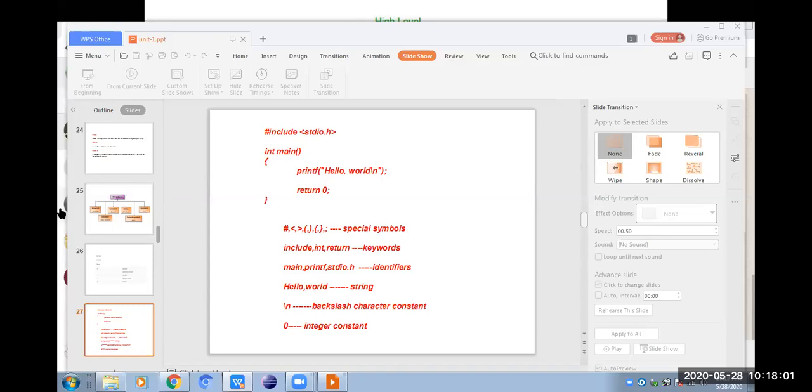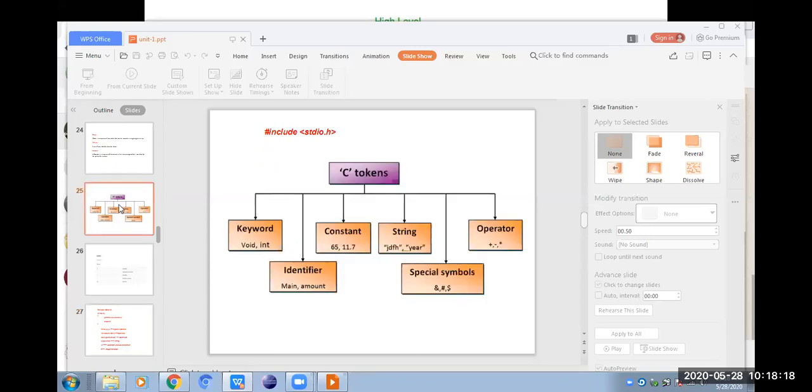Is it clear, guys? Now, what is that token? Roughly, I have given an example for a C language program, because we directly know the concept of tokens in C. For Java it is also the same. Whether it is C++, C or Java or any language, there are 6 basic tokens in every language: keywords, identifiers, constants, strings, special symbols, and operators. All these tokens are available for every language.